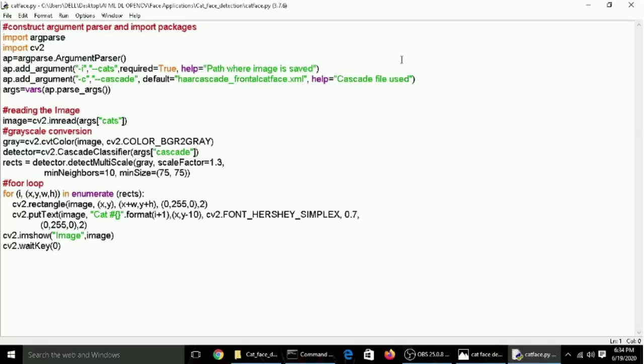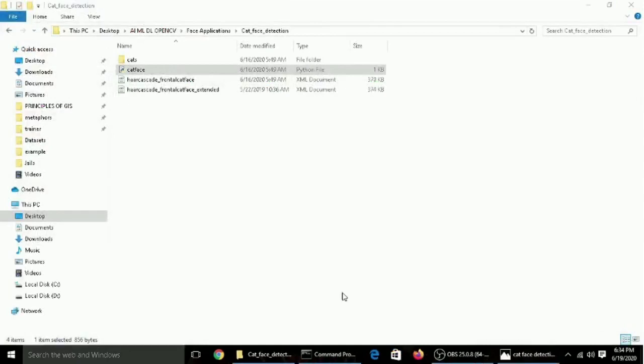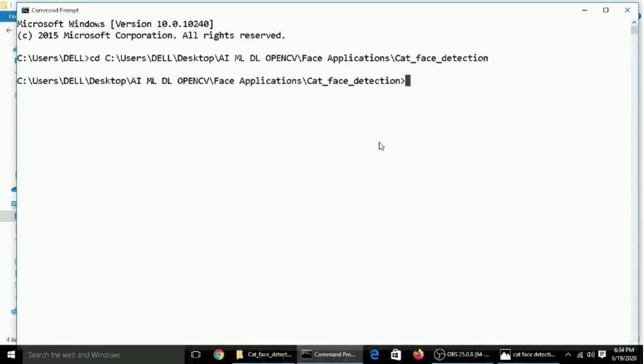Now let's execute. I go to the command prompt. I have the path initialized where I have saved the code. So here we execute the program. Say python catface.py, since the file name is catface.